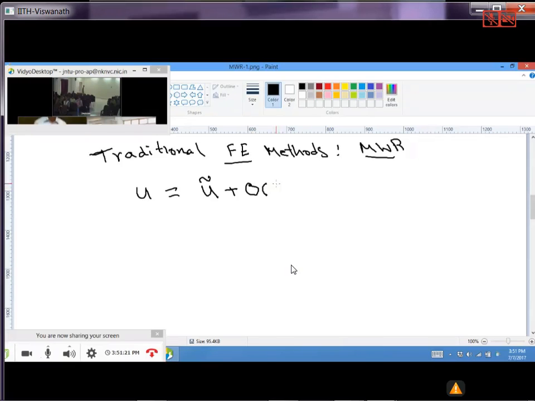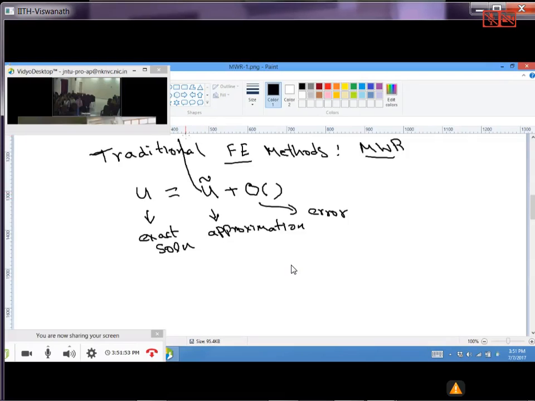So this is the exact solution, this is an approximation, and this is the error. We assume our exact solution as a function of approximation and error. We try to put this back